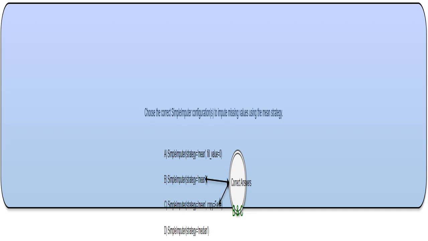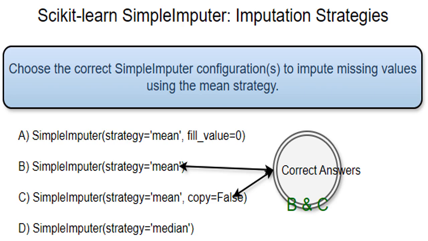I'm introducing you to the Sklearn library's SimpleImputer, a tool we'll use to fill in missing data points. Specifically, we'll focus on how to use it to handle missing numerical values. We'll explore different ways to configure it. Let's dive in. We need to find the best way to use SimpleImputer to replace missing numbers in a dataset